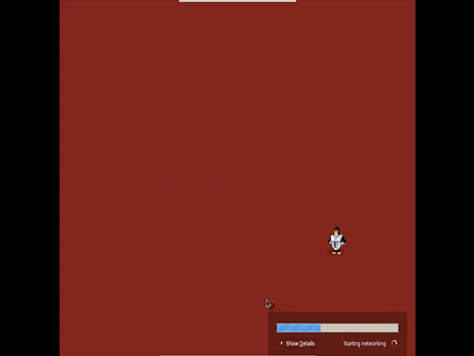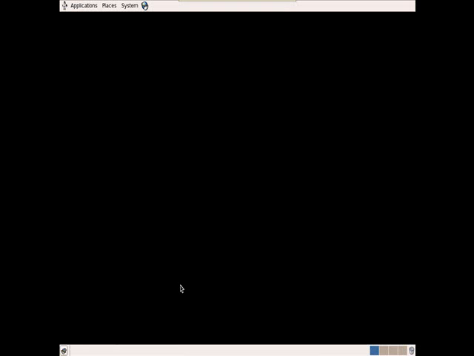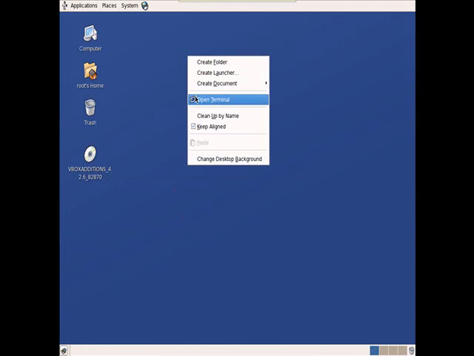See, it came in full screen. Now give the root username as root, password is hello123. Now it came in full screen.